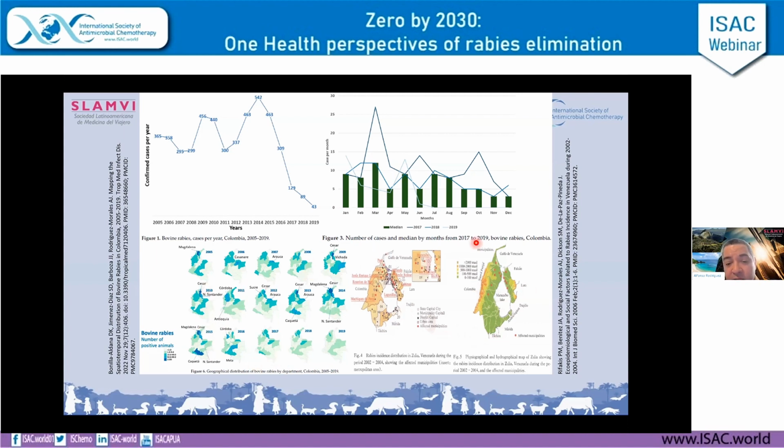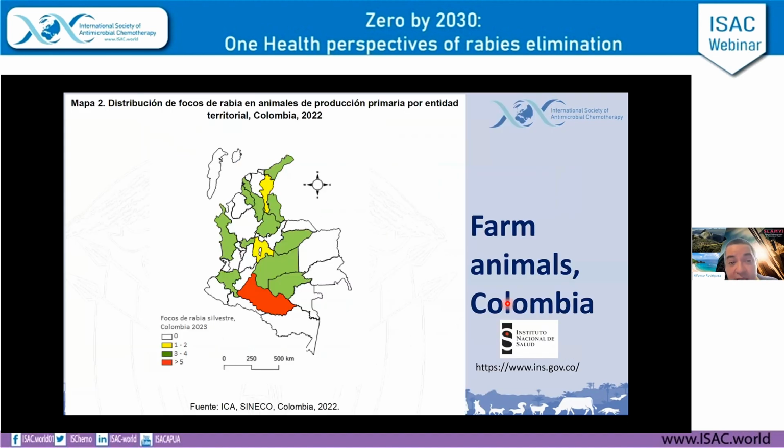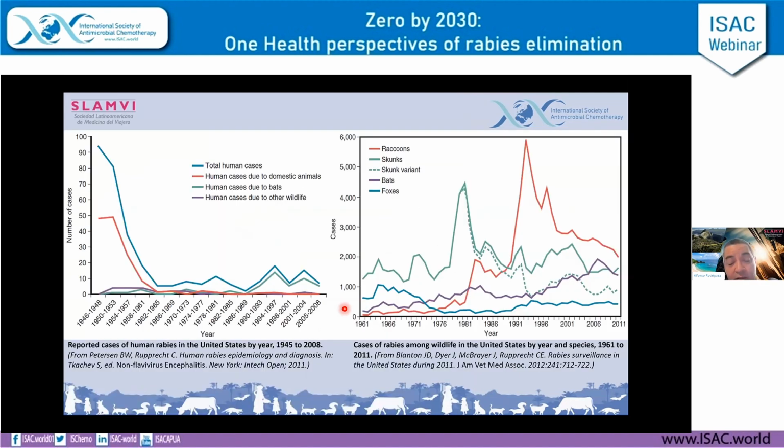And we have to remember that the transmission is also related to environmental aspects that have been studied. This is one of our group's studies from many years ago in Venezuela, related to eco-epidemiological aspects. Right now, in terms of farm animals, there is mapping of the risk areas, for example, in the south, which is part of the jungle areas shared with the Amazonian areas, the Pan-Amazonic region in Latin America.